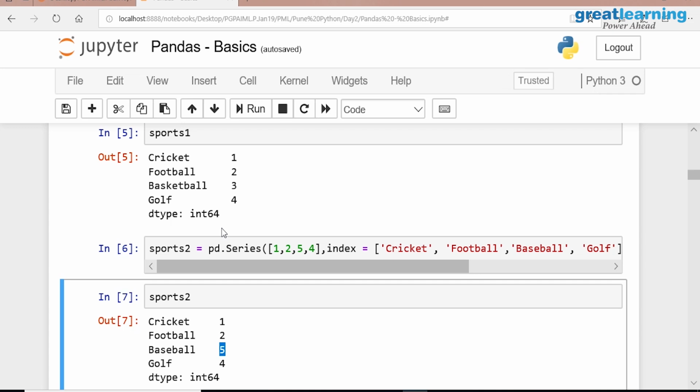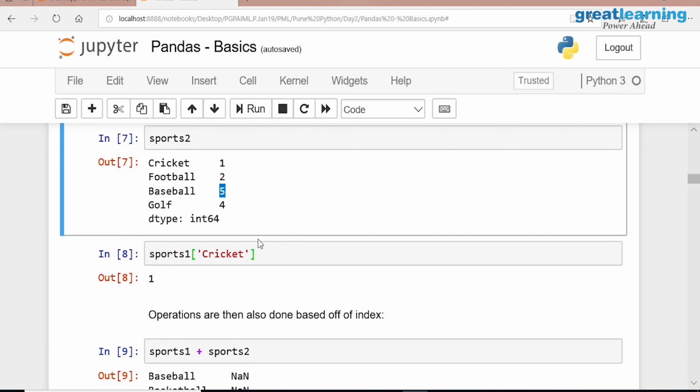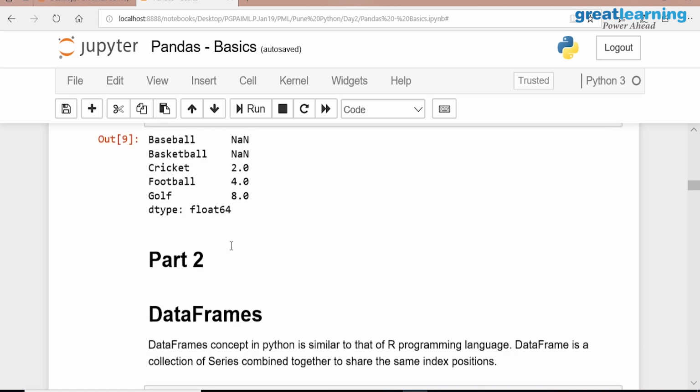But 5 plus nothing, I cannot do. You understand the difference? So what exactly it is doing now? It is trying to match index to index. Right? So minus, plus, all the operations we can do.